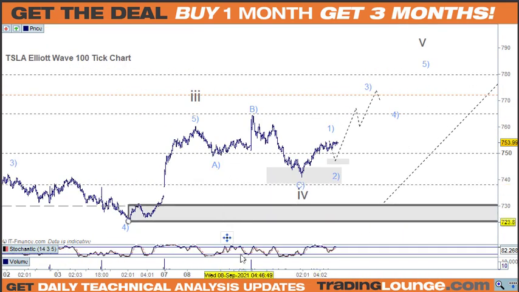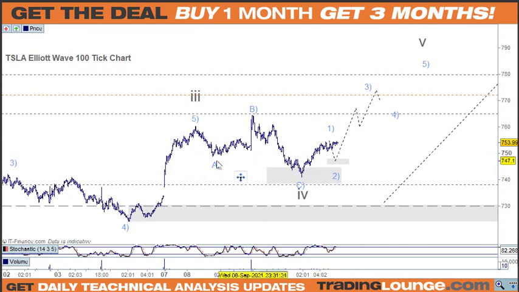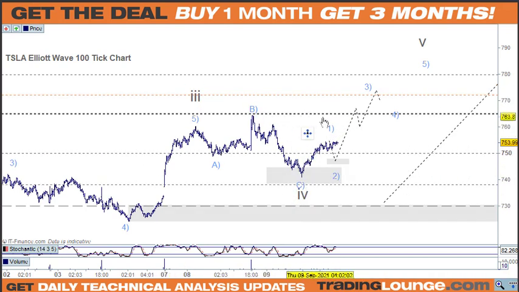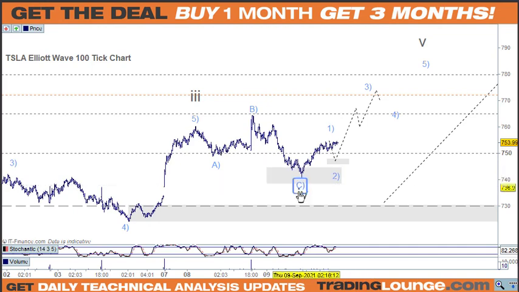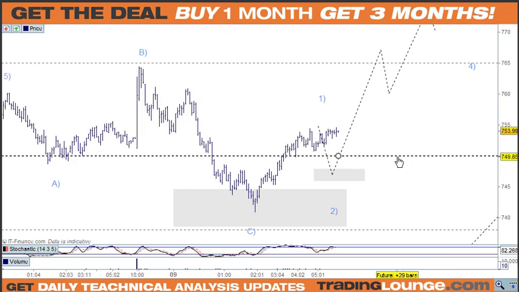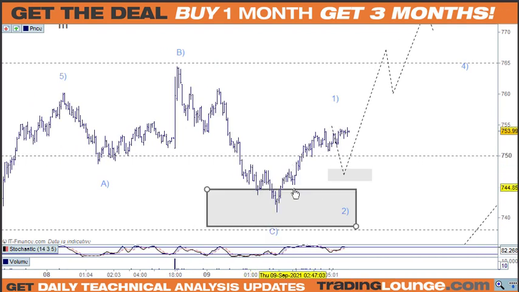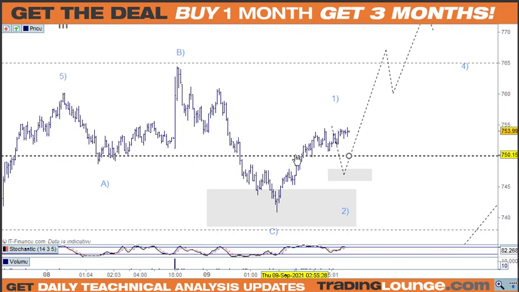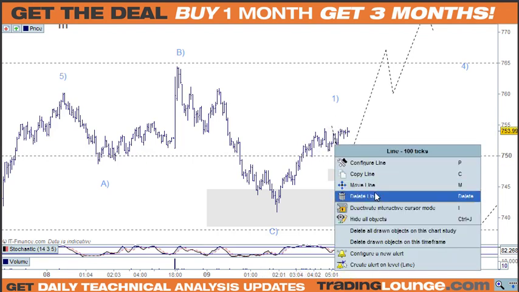So far we're trying to gain support on the midpoint here. We've got this pattern here, and coming into group 2 we've got the 65 where it failed. That's where we'll see another little dance, but we should go through this time if we get there. This looks like the first little impulse wave to the upside. It does look impulsive. So we've got wave 1 here and 2 here, 1, 2, 3, 4, 5 for the third wave. I don't know if that's the ABC for the fourth wave there.